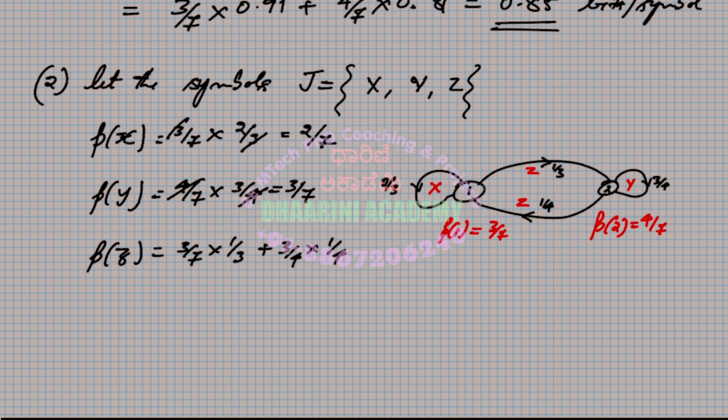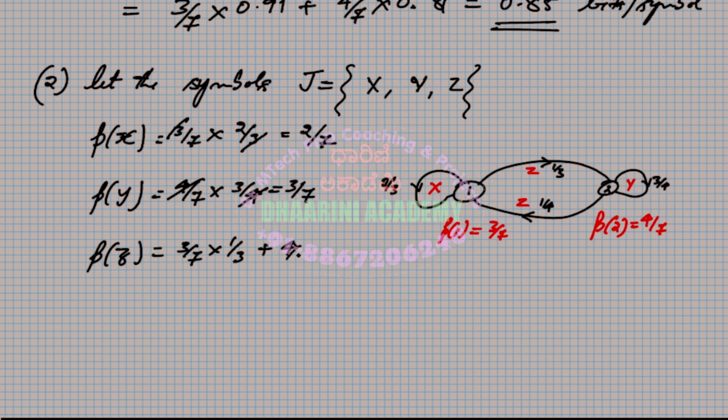Am I right? So 3 by 4 into 1 by 4. Is it 3 by 4 into, no, sorry, my mistake. Right, so the first thing is right: 3 by 7 into 1 by 3. And for the second one, I should write, yes,